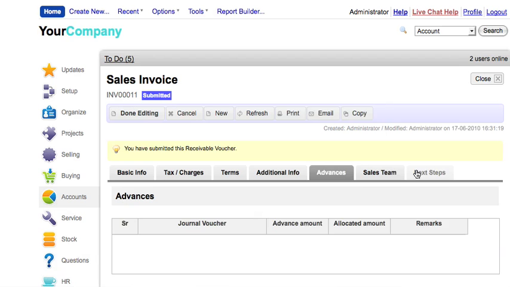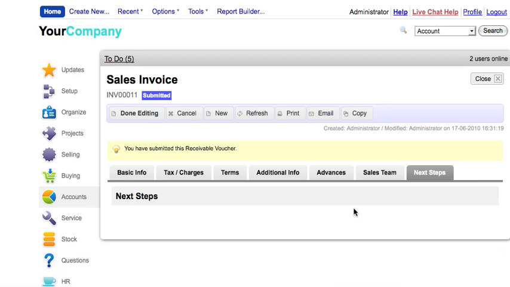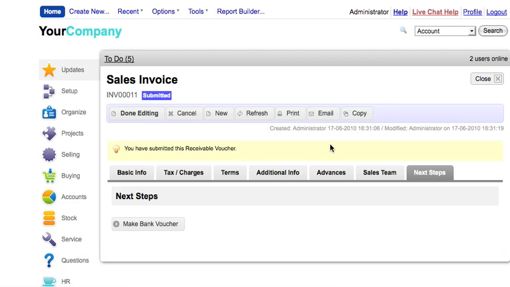Now go to next step. In next steps, you can create a bank voucher against this sales invoice. Click